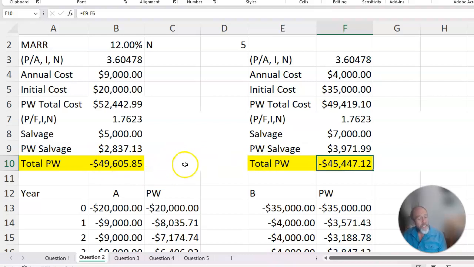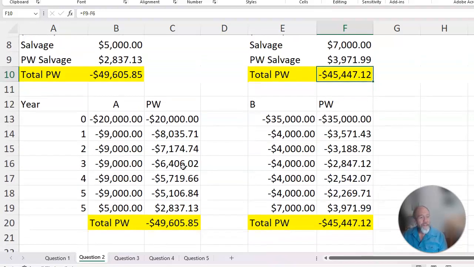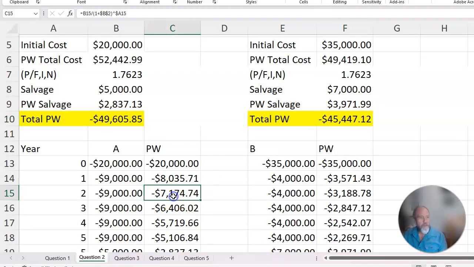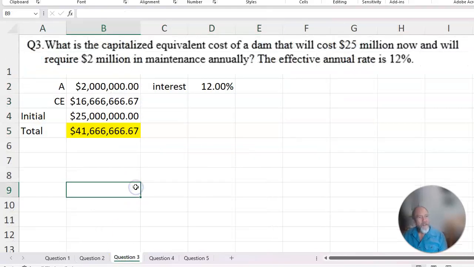And just to show that you can do it, just using the 1 plus i to the n, okay, there you go, those values with the salvage built in there also. So just basically all the values at the times that they were actually done. Same thing, straightforward. And if you look at all these equations, you'll notice it's divided by 1 plus i to the n. Not so bad. All right, capitalized equivalent cost of a dam that will cost $25 million now and will require